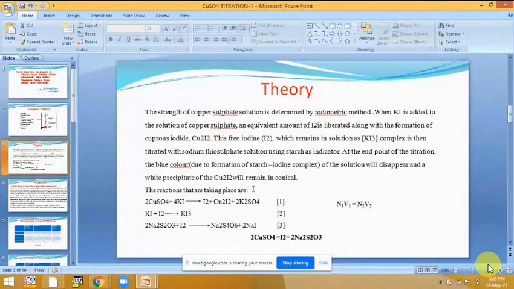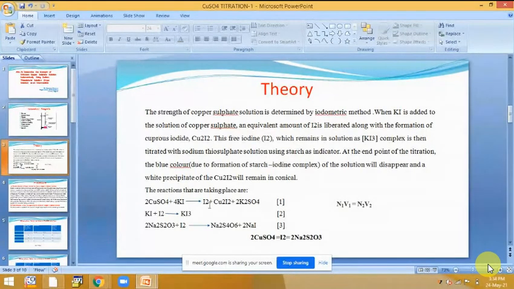So I can ask, what is it? Is it redox titration, or there is another type of titration which is called acid base titration, where we take NaCl or NaOH or HCl or any other acid base. There will be complexometric titration, where we titrate with EDTA solution which forms a complex. So that type of titration is called complexometric titration. So in this case it is redox titration.